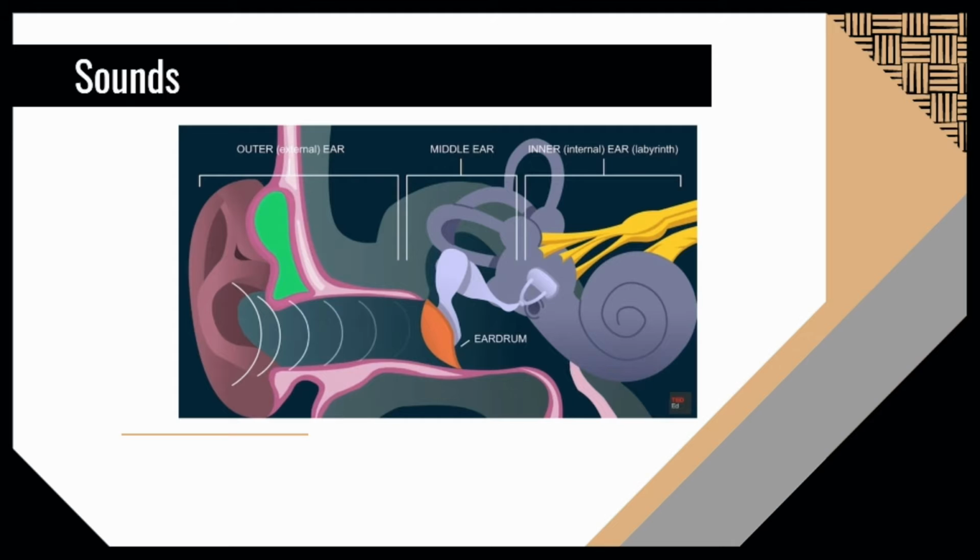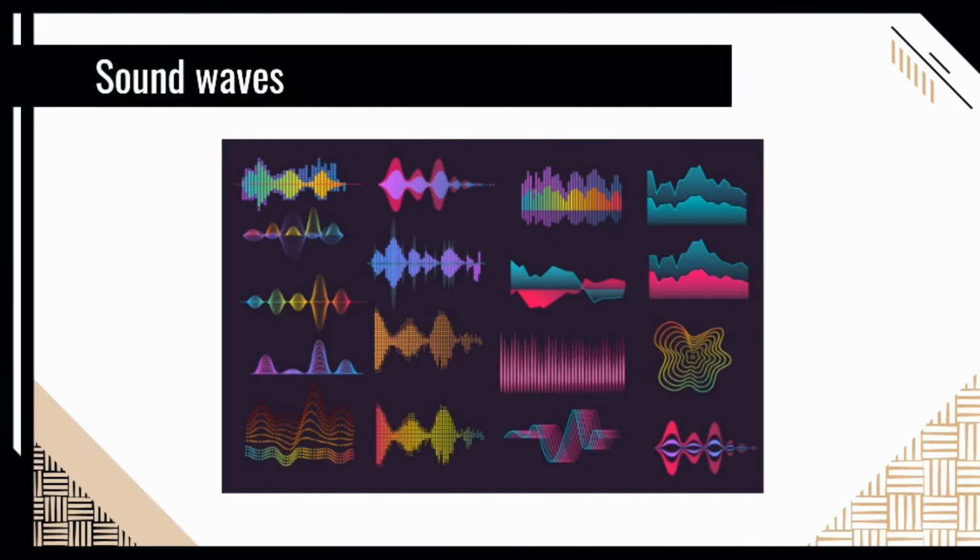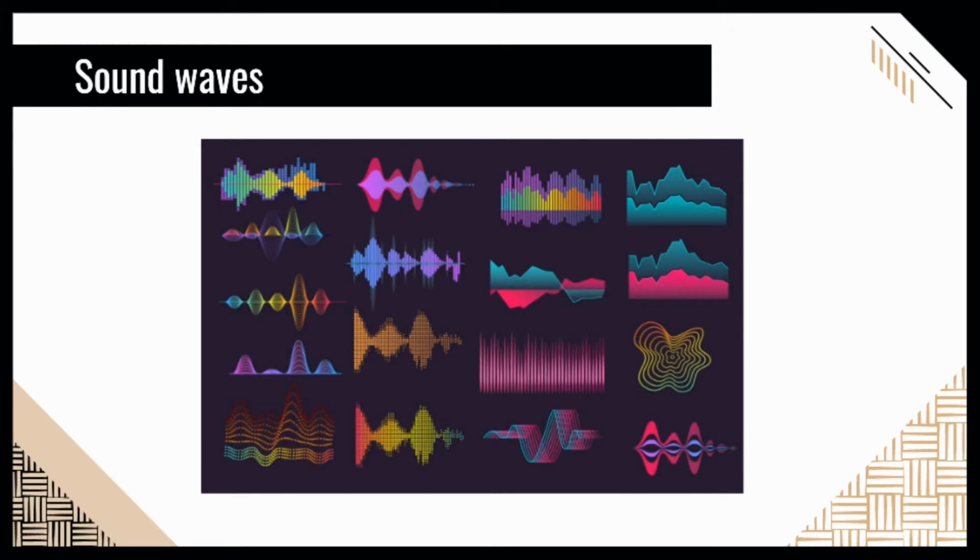The hearing process allows us to identify sounds according to their characteristics and qualities. The main qualities are pitch, intensity, and timbre. It's well known that sound is represented in the form of waves, whose frequency measures the pitch, the amplitude